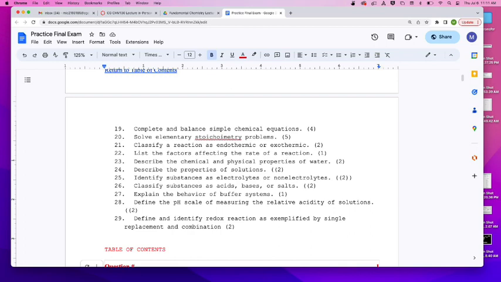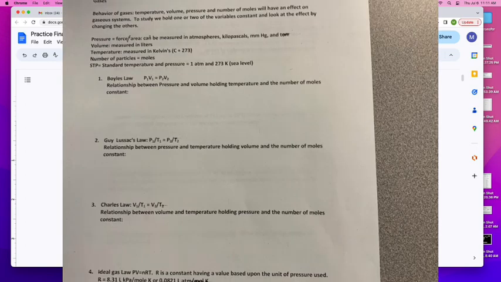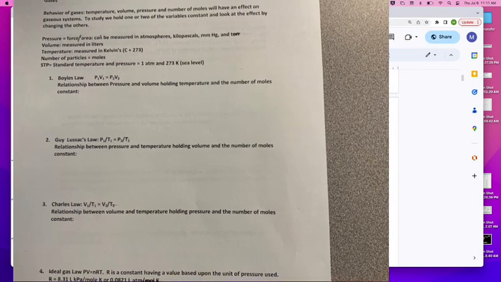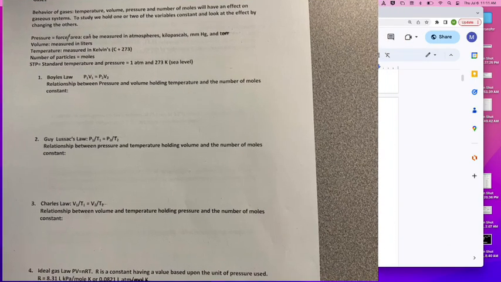Let's see if we can work through this. What we're going to talk about today, for better or worse, is probably my least favorite section, which is gases, because I think there's a bunch of stuff that just doesn't need to be addressed. That is kind of small, but you've got the worksheet, so you should be able to follow along within it. When we talk about gases, they're a new kind of phase for us.